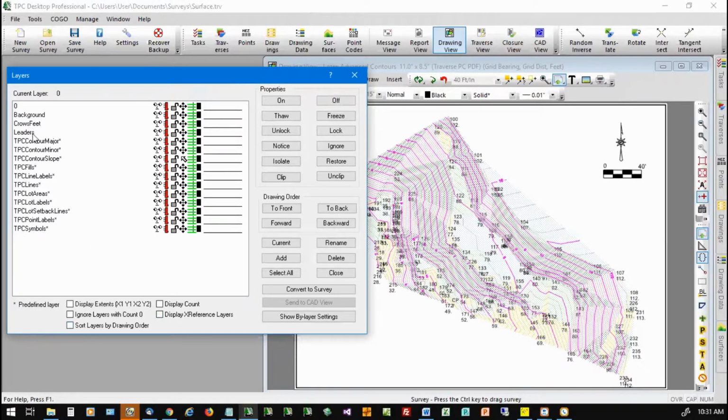So you see right now they're just alphanumeric sequence. If I sort layers by drawing order, you notice that they've changed sequence here. Now what you need to know is that the front layer is at the bottom, the back layer is at the top. So right now, the minor contours are at the front, major behind that, then leaders, symbols, etc., back to line labels. So you can see our line labels here are behind the